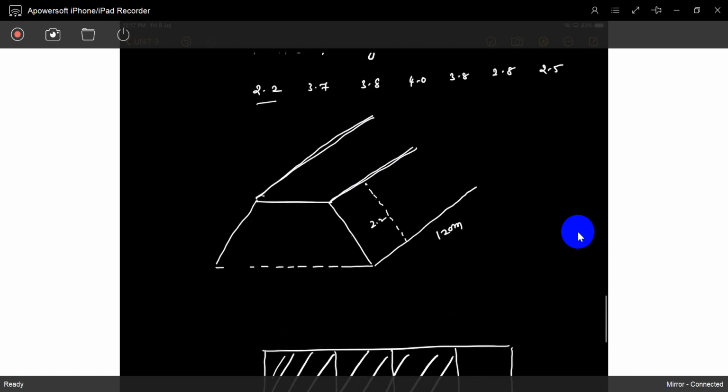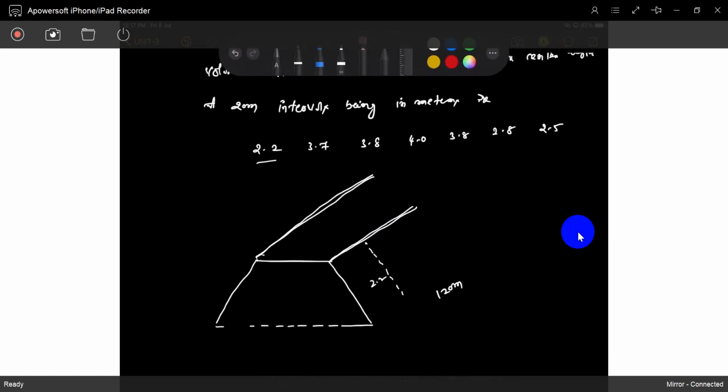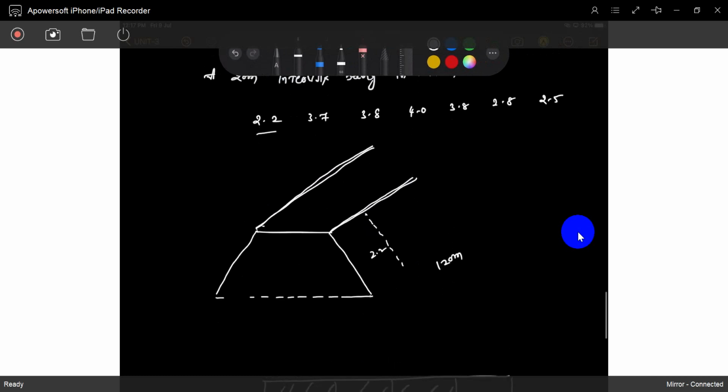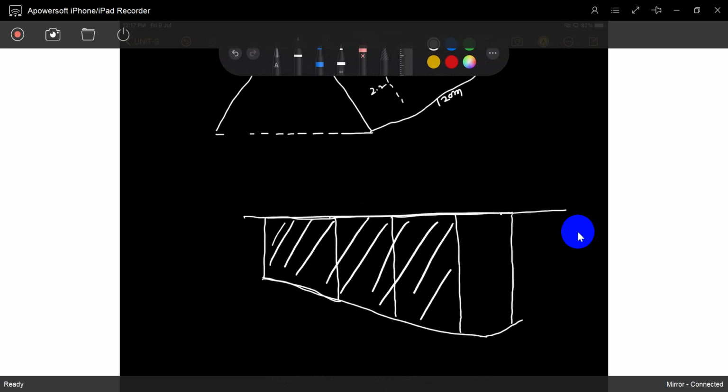So it is fair to draw something like this. But the top should be maintained uniform, because the rail is traveling on this load. So you have to fill and maintain the embankment. Somewhere you collect the earthwork and fill it. So these are the cross sections, these are the depths.